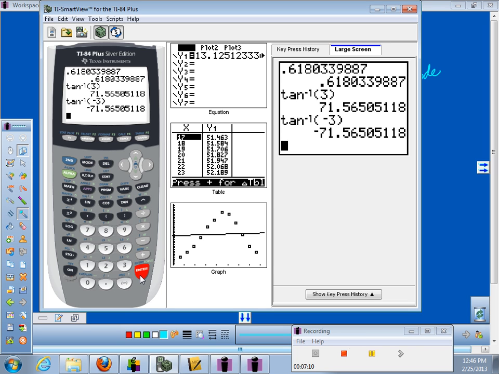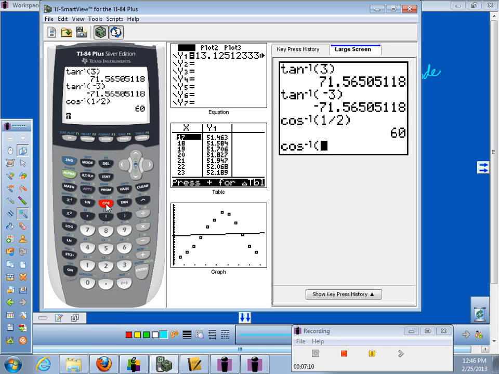But let me show you what it does on a cosine. And there is a mathematical reason for it. I just haven't taught you yet the material to know why it's doing that. If I do inverse cosine of, well, let's actually do something we know. Inverse cosine of a half. It gives me 60 degrees. But if I do inverse cosine of a negative half,